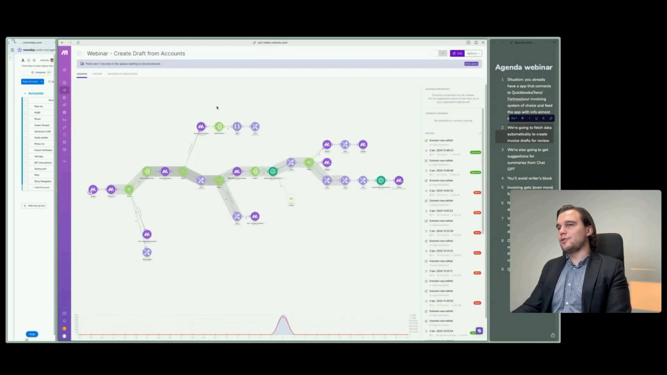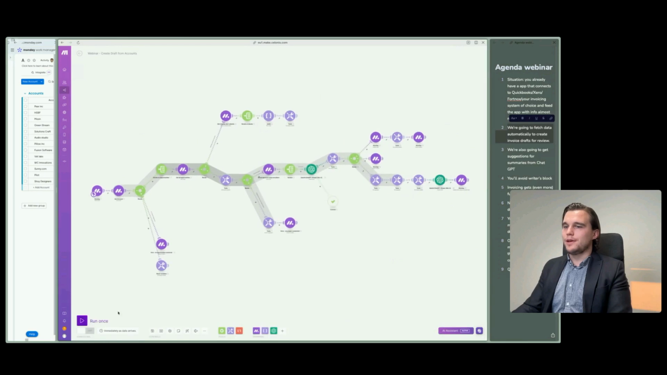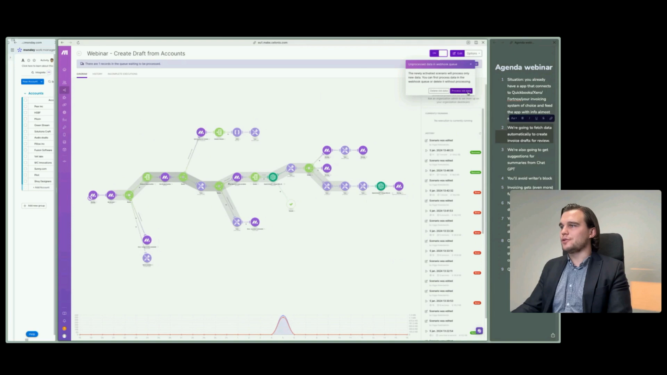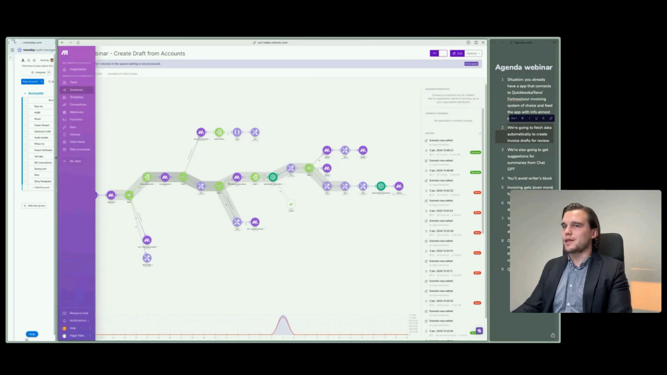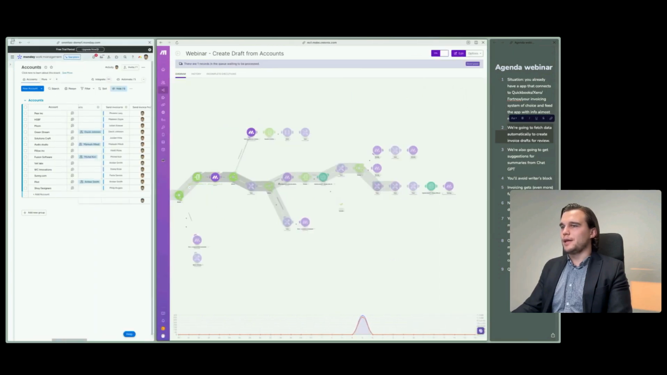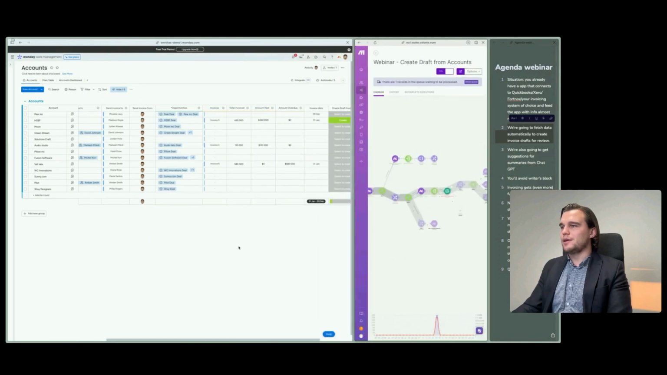So typically a Make scenario will look like this. And I think that most people on this call know that. We can see that there's a queue because I have not turned the scenario on. But if I just activate it for a second and process the old data that I have sent over, then we can actually see